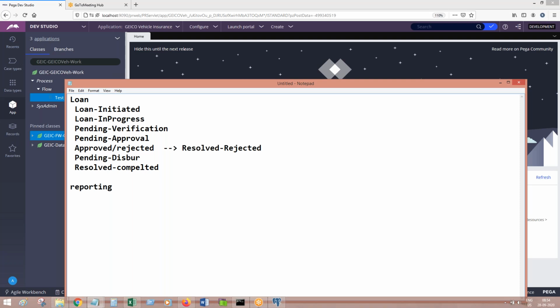Suppose in the past 1 month, there were banking transactions which failed for some reason. What is the percentage of transactions that failed in the past 1 month? How would you know? By generating a report based on the status of the transactions which failed. So in future you work towards finding the cause and try to reduce the number of failures so that your system will be more stable. Like this, in reporting, the work object status, I mean the transaction status, plays a key role.